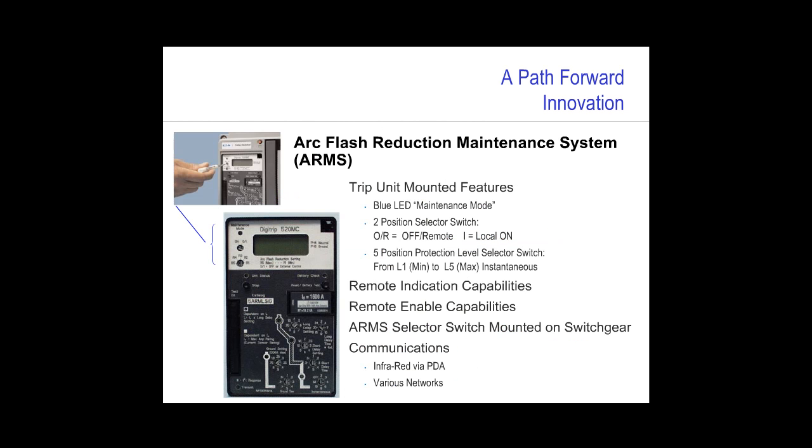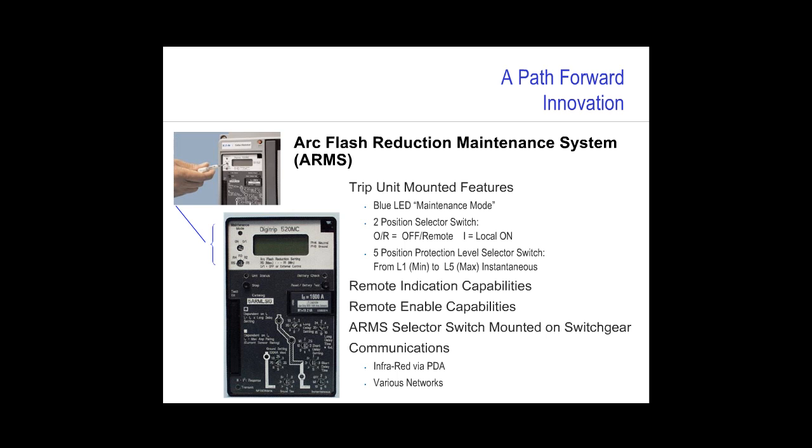Finally, let's take a look at a third innovation area, an area surrounding technology and protective relaying itself. A number of the higher-end digital protective relays today will include multiple settings group capability, essentially allowing the operator to set one selective coordination curve for one situation and a second for another. Because of the lowering cost of electronics, this type of capability has now been embedded into some of the lower-end trip units and even in some integral trip units that are part of low voltage and medium voltage power circuit